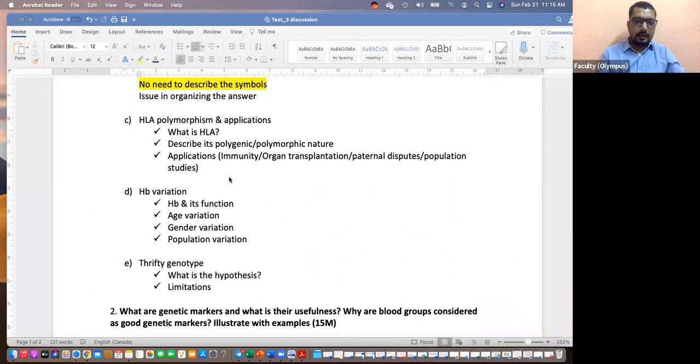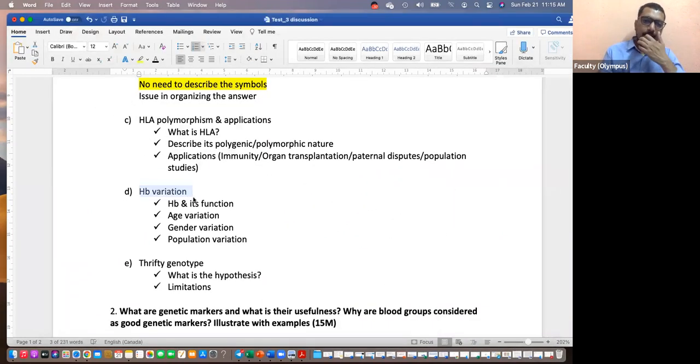Okay. HLA, HB variation, hemoglobin. I think you all briefly gave an introduction, hemoglobin, polymers you mentioned, function, this is very clear. Age variation, gender variation, population, organize information like that. That also you have more or less done. Age wise, I mentioned four of them, A1, A2, and E, epsilon, F. So you mentioned them: embryonic, fetal stage, adult stage, hemoglobin varieties. I think with flowcharts you mentioned it well.